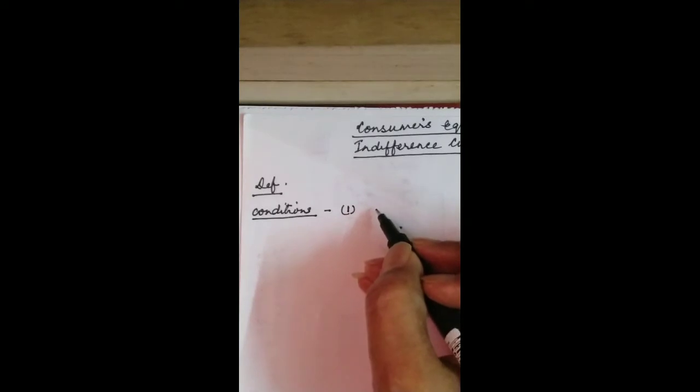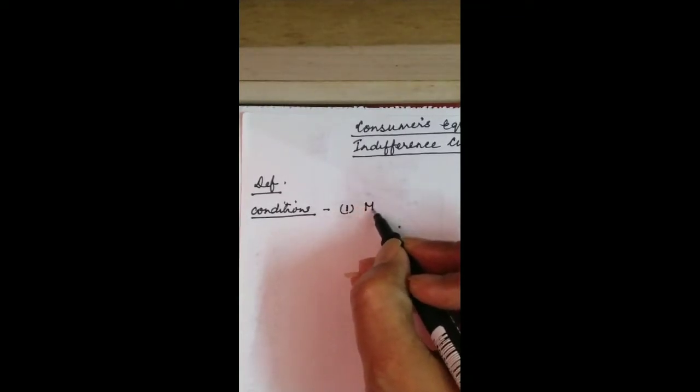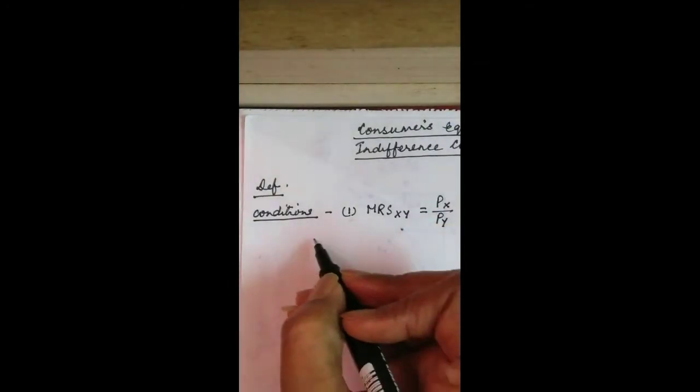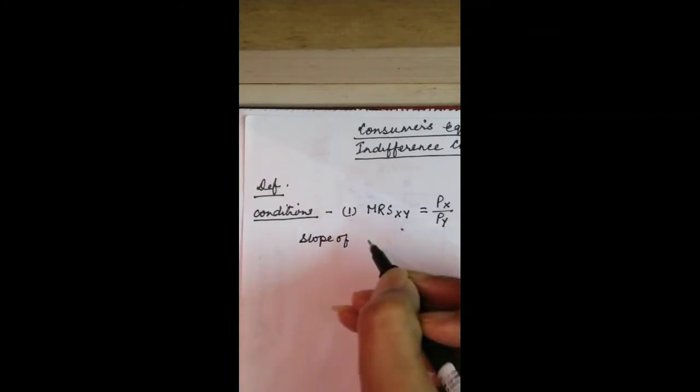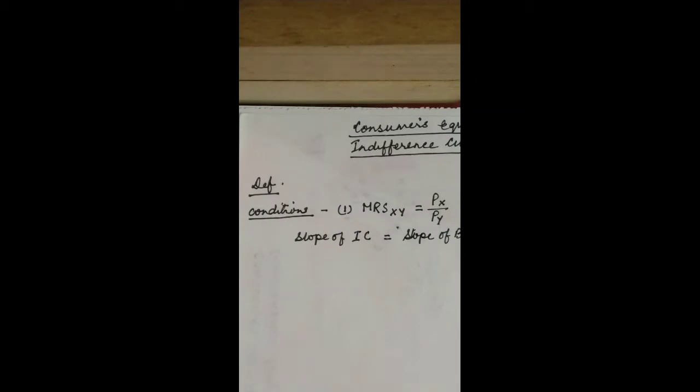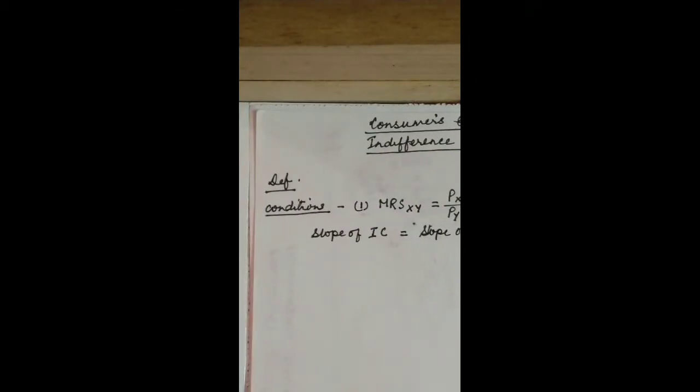The first condition is MRS XY is equal to Px by Py, which can also be written as slope of indifference curve is equal to slope of budget line. In my last video, I have already explained what is budget line and what is indifference